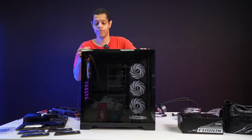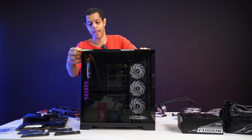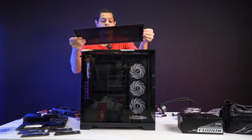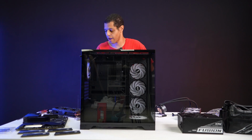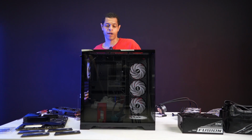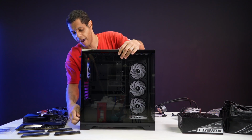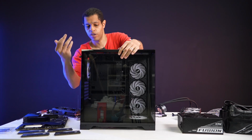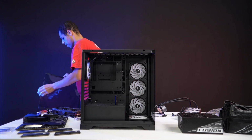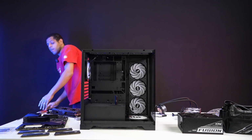So the first thing I do when I build, I'm going to just take off the top and the front tempered glass panels, because you're not going to need these back on till the end of the build anyway. So I'm going to take off the top. I'm just going to put that aside for right now. I'll just set it down on the floor, right? Because again, we're not going to use it for a while. And the same thing, I'm going to take off this side tempered glass panel. And these are toolless, so you can just screw them right off, and then it just comes right off, very easy, nice track. So again, I'm going to set this over here,